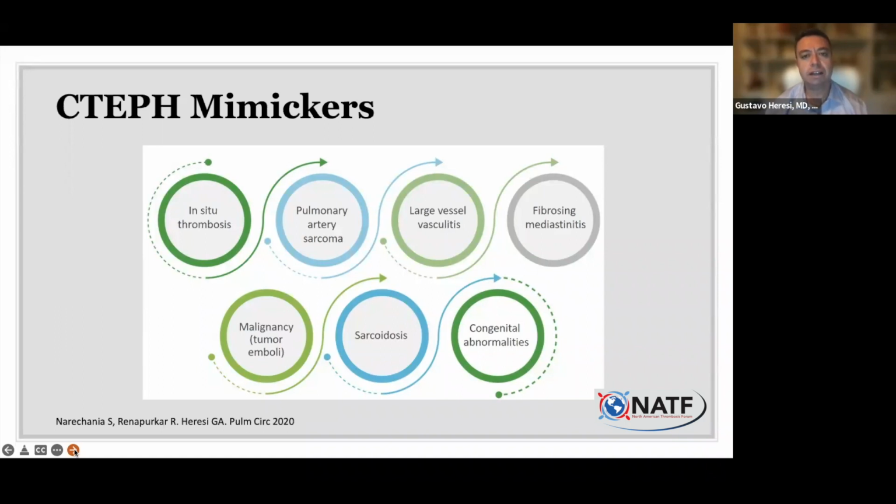The point here is that it really requires a lot of experience and expertise to be certain that chronic clots are the reason for pulmonary hypertension. You want to make sure that you don't confuse CTEPH with some of these other conditions like sarcomas or sarcoidosis or even cancer, because the treatment, of course, for all these conditions is very, very different. So it's always advisable to have a conversation with your doctors, have them connect you with a CTEPH center, a center with experience and expertise in looking at these pictures, just to make sure that you get the right diagnosis.